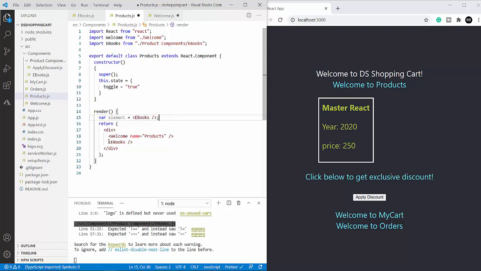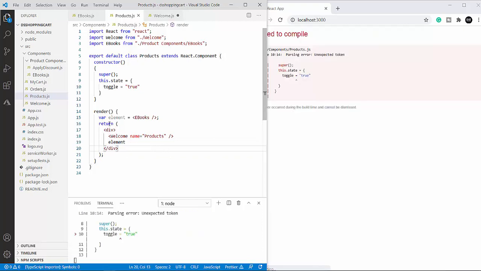So this is the speciality of React. We can assign HTML elements to a variable, and we can use it. Here I'm going to use element. Let me save it and check whether this implementation is correct.